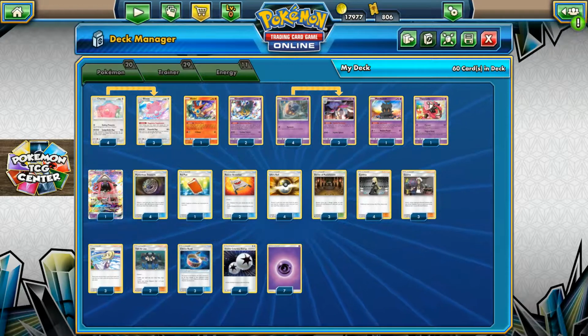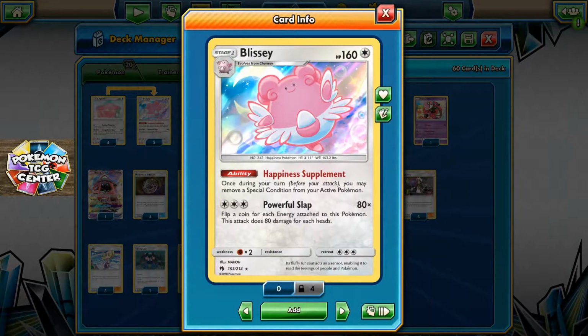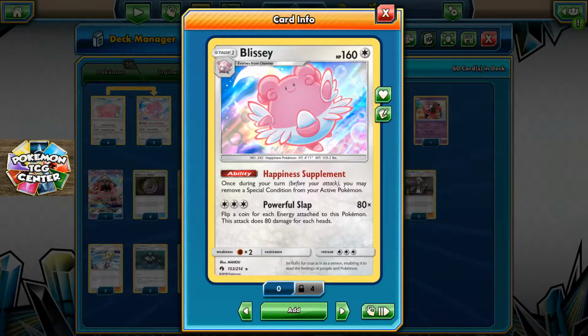Really it is. Blissey, with the Happiness Supplement ability and the powerful Slap attack, and also a nice looking card as usual. I mean, what else to say? Blissey first appeared in the Neo series of the trading card game. You know, it is a Gen 2 Pokemon evolving from Chansey, and for 3 colorless energy